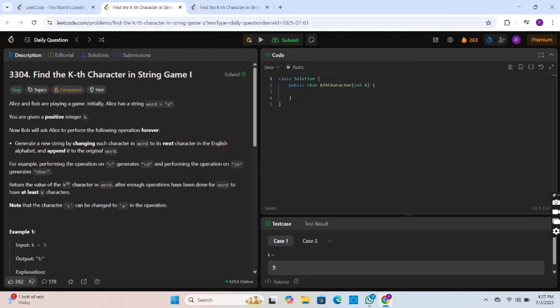For the first example, we are given k equals 5. As per the description, we start from the word "a". Then we append the next character and the string becomes "ab".